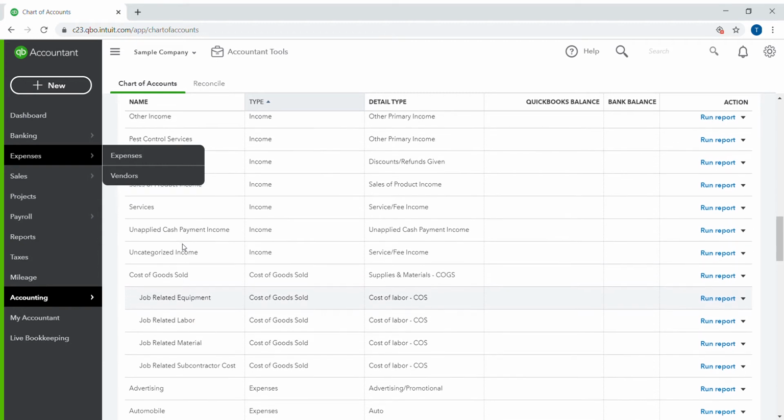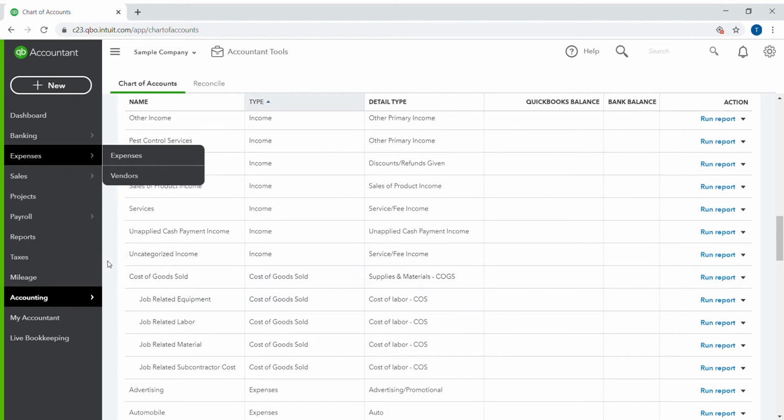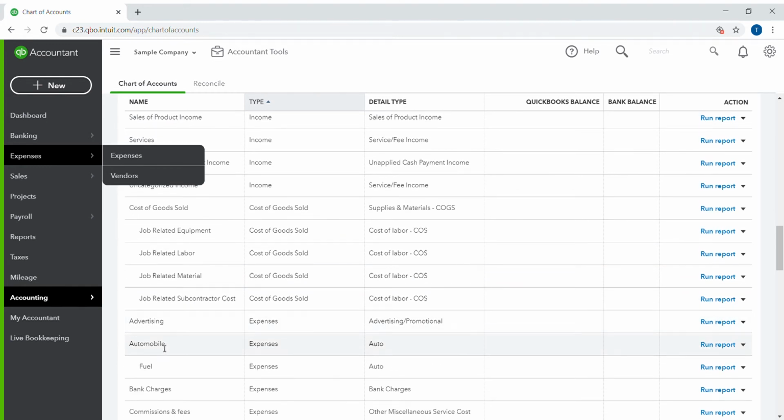Your direct expenses are going to be your cost of goods sold. So what we have here is our cost of goods sold account, and along with that we have sub accounts, as in job related equipment, job related labor, material, subcontractor costs. So it's pretty straightforward. Your direct expenses are going to be anything that's directly related to the project that you're performing. Your overhead costs are going to be things like, as you can see down here, advertising, auto,